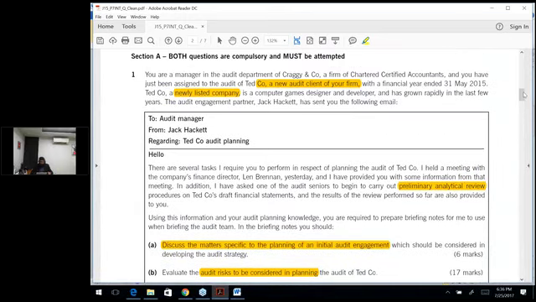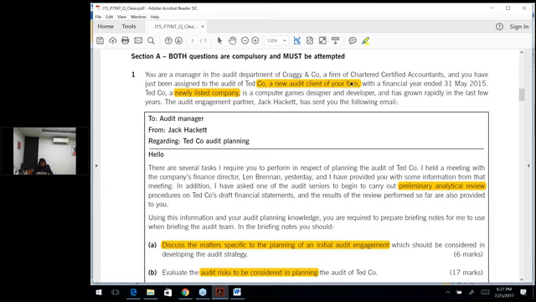Okay, let's just start discussing this question. Our requirement is to evaluate the audit risk to be considered in planning the audit of TED company. It says you are a manager in the audit department of Craigie and Co., a firm of chartered certified accountants, and you have just been assigned to the audit of TED company, a new audit client